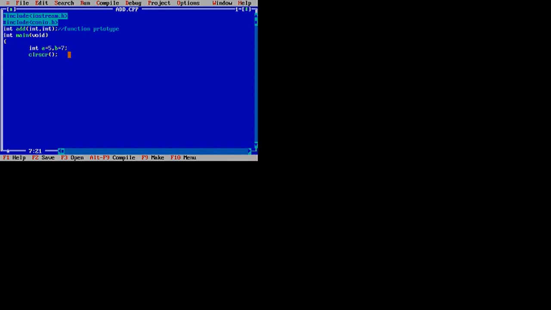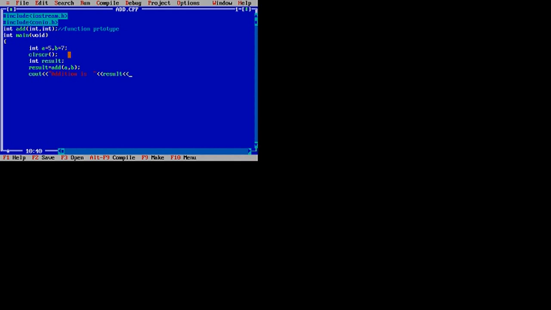So I will have one more variable, let's say int result, and now I can say result equal to function name add. I'll pass two values, that is a and b, and then I will say cout addition is, and the variable that holds addition is result.